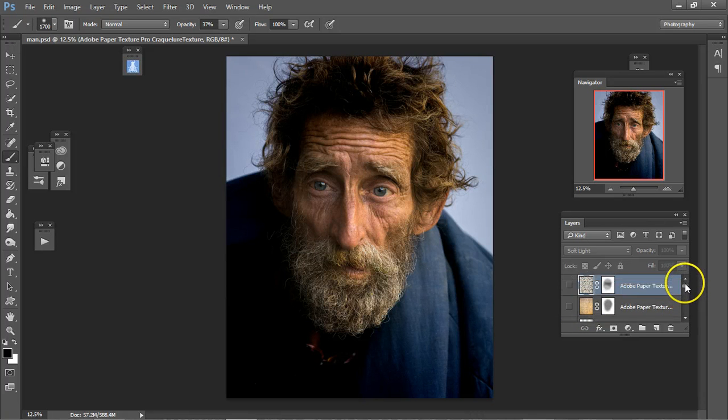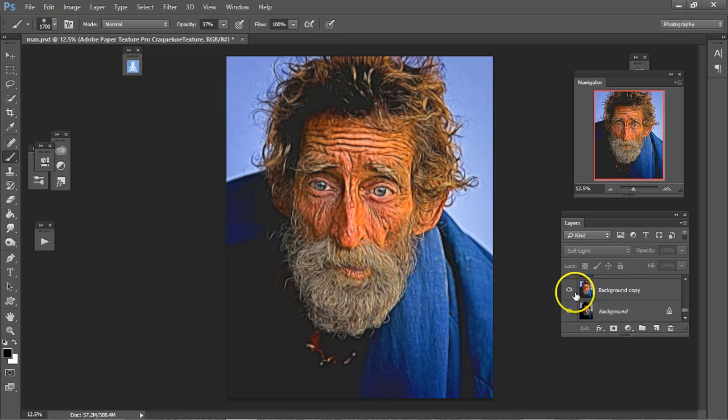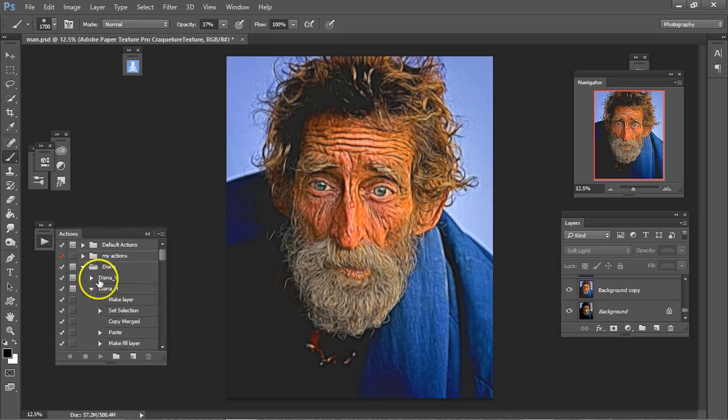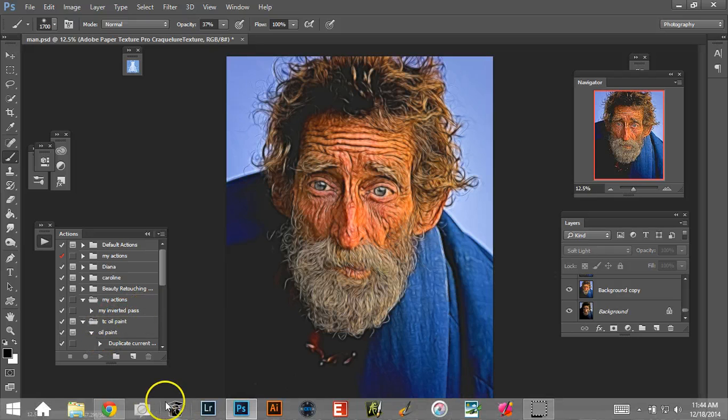I got the image of this man from a stock site. So then I sent it through Topaz Glow. And the first one that pops up, I think, is the airbrush. And I use that. But you don't have to. You can use an action that I created called TC Oil Paint that I created